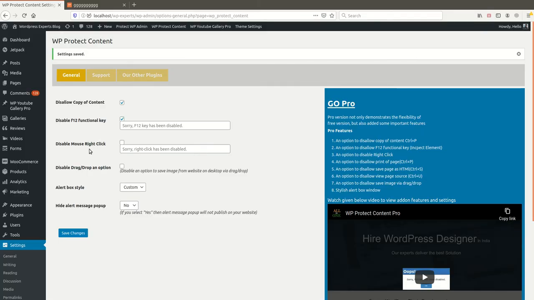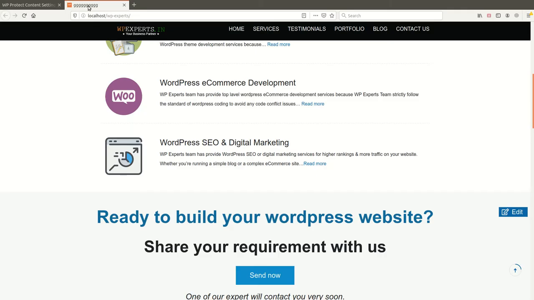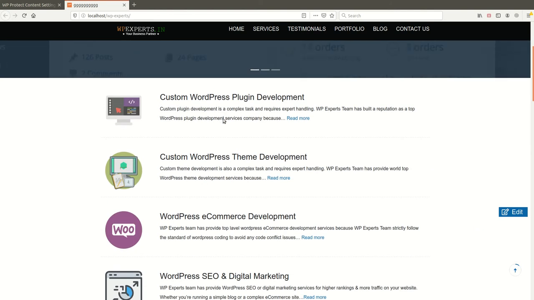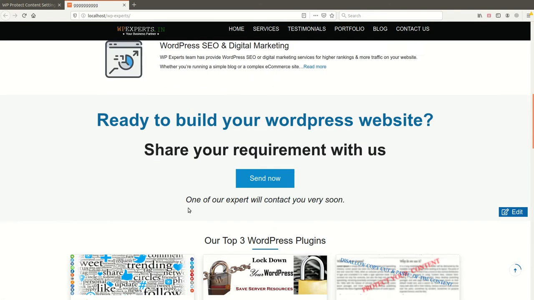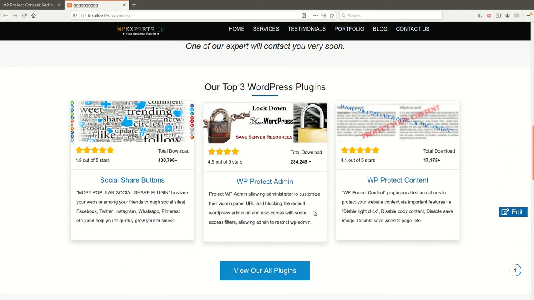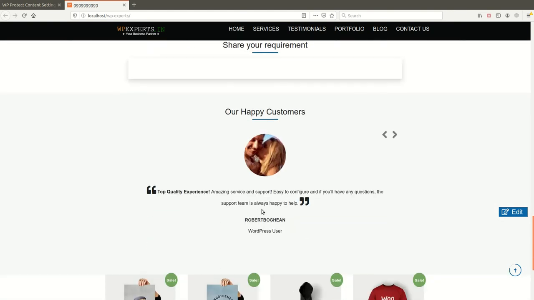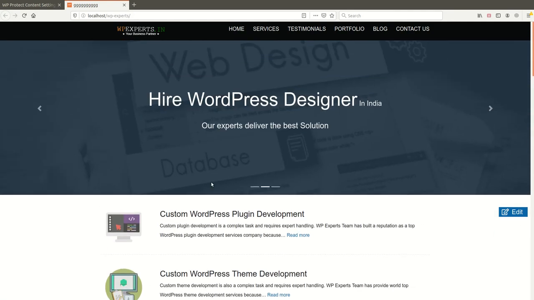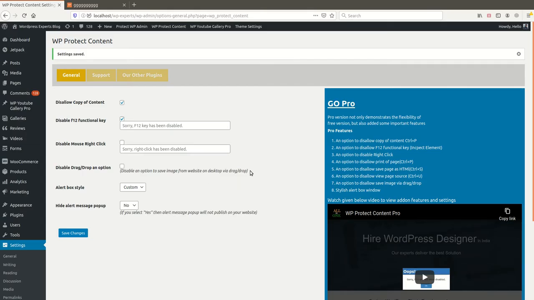Now disable mouse right click. Currently I am able to right click using the mouse right key, so in this way I can save your images very easily. To protect your website images or website content, you can disable the mouse right click.